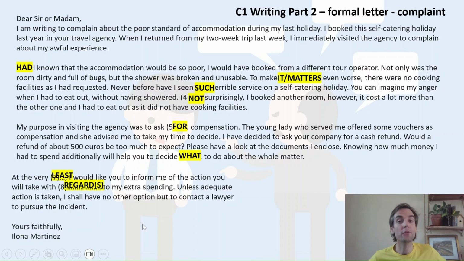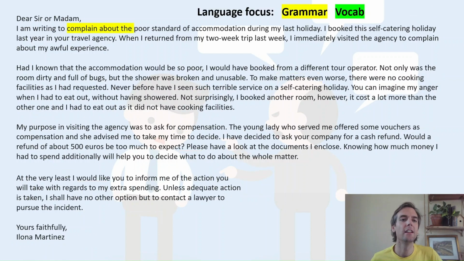Okay, so this is a good answer. Why? Can we think about why this is a good answer? I'm going to focus today on the grammar and vocabulary, so criterion D, language. We can see the other points: the content is relevant, the style is clear, and it's well organized. It builds up, as we talked about, listing problems, then saying what you want. It's all fine. Let's focus on the grammar and vocab.